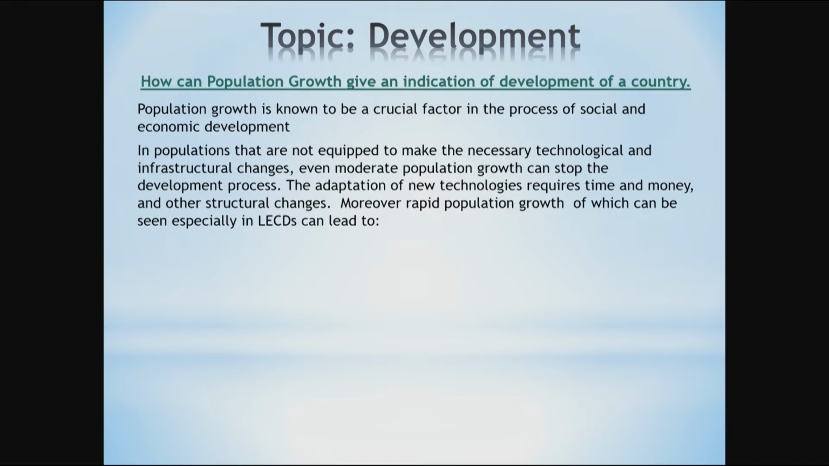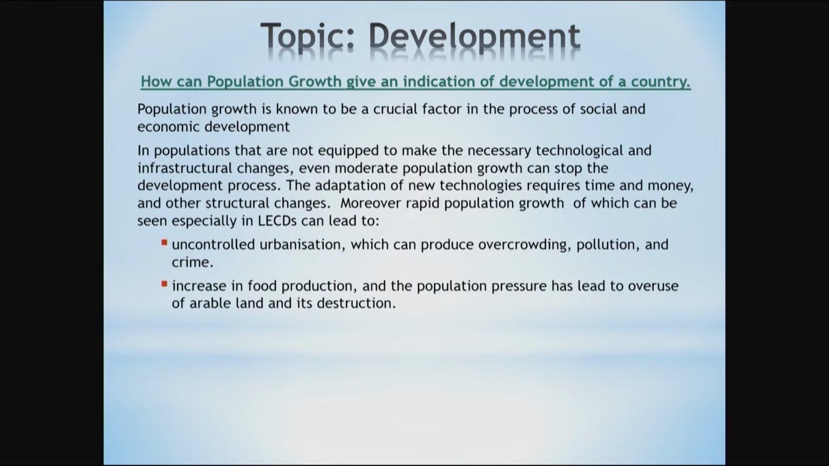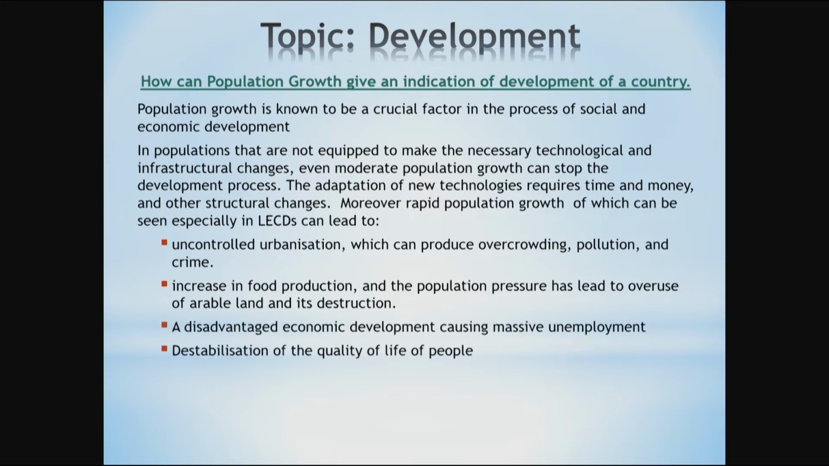Moreover, rapid population growth, which can be seen especially in early cities, can lead to uncontrolled urbanization, leading to overcrowding, pollution, and crime, increase in food production, where the population pressure has led to overuse of arable land and its destruction, a disadvantaged economic development causing massive unemployment, destabilization of the quality of life of people,